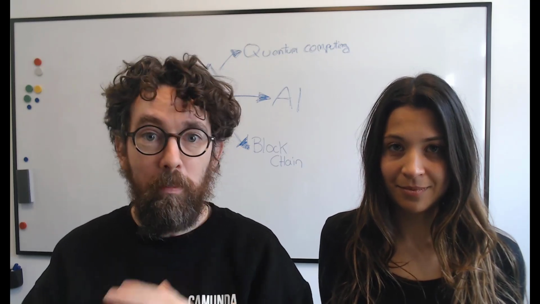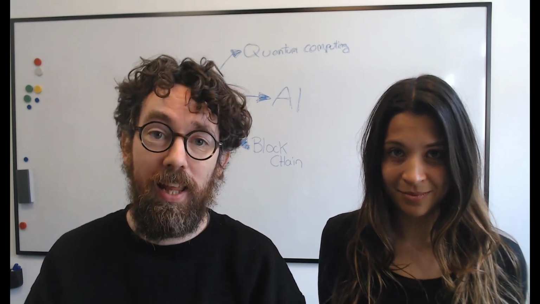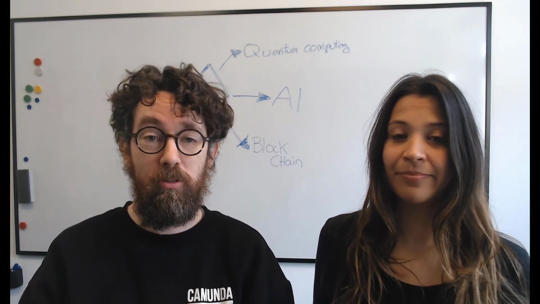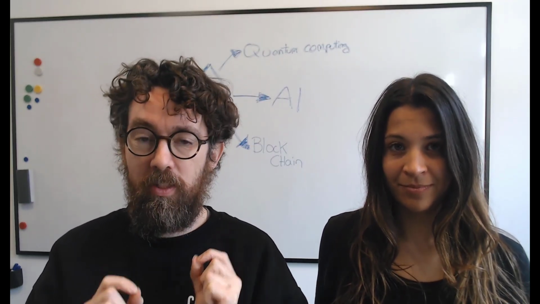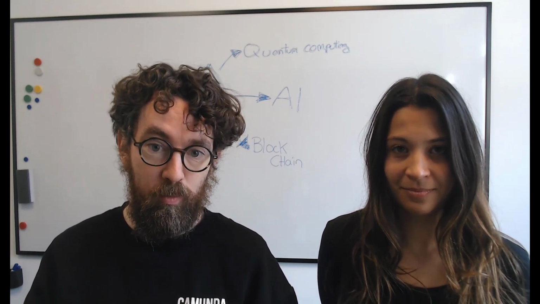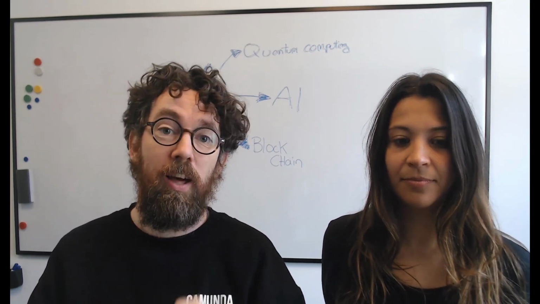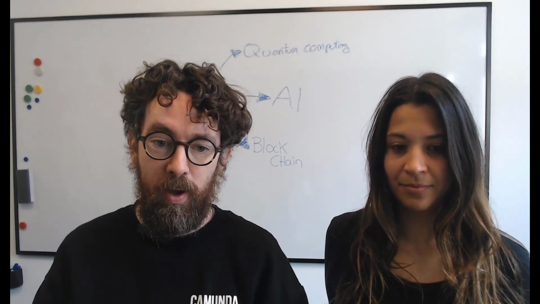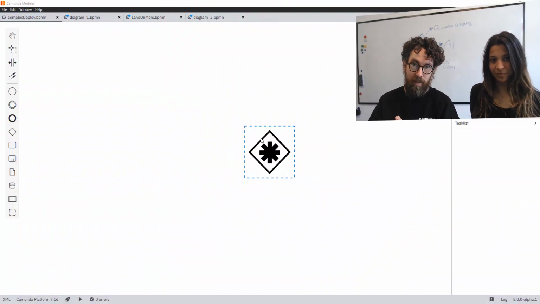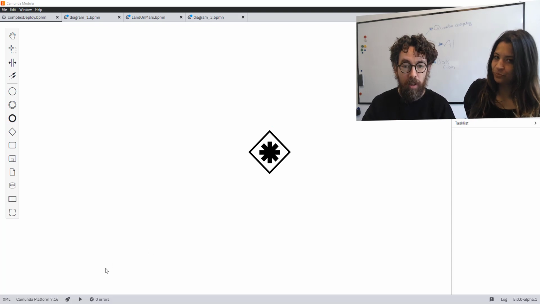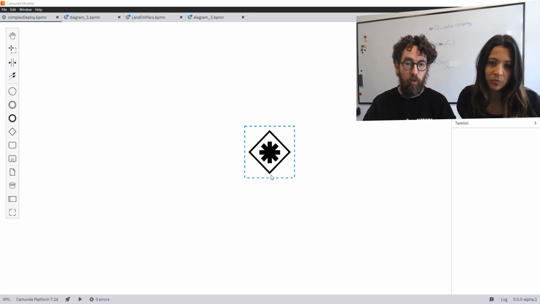But what about all the modeling best practices and trainings that you've had to go through to become such a good modeler? Well, don't worry, because at Camunda, we wanted that to become an important part of modeling as well, which is why we created the mind-reading complex gateway. Let me demonstrate how it works. All you need to do is put a complex gateway right in the middle of your model, then stare at it for about 2 or 3 seconds.